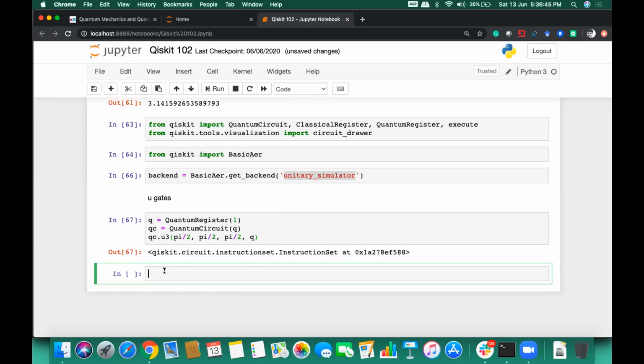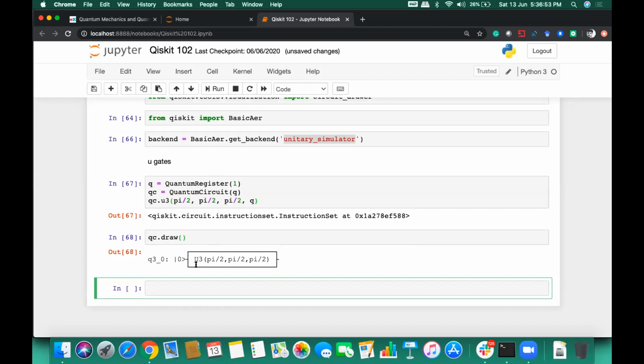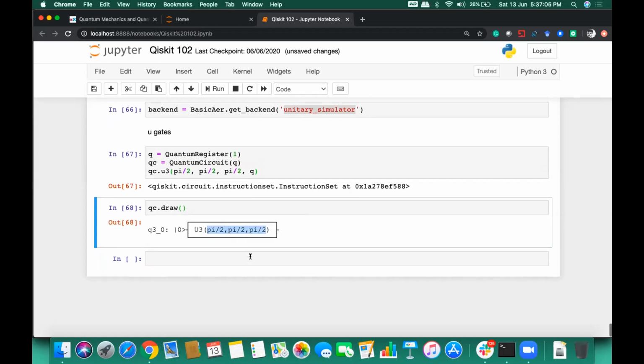Now to see how the circuit has been initialized, you can call qc.draw. So this will look something like this. You have a U3 which is initialized with one qubit, q30. The name of that qubit is q30, and with these values it has been initialized. Okay.